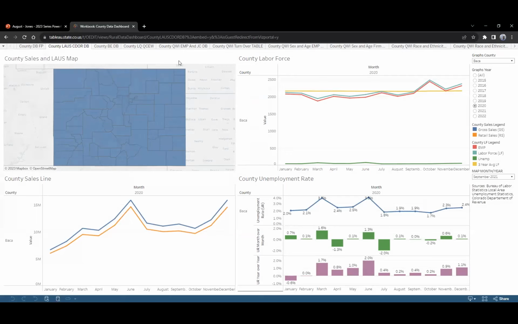Right now on our webpage, I have a county version. I have one just by our economic development districts, and I have one specifically for those teams involved in our roadmaps program. That roadmaps program actually is one I'm going to here soon be replacing with one instead for our SBDC districts as well to get more data for them. But yeah, so this is the one that has our local area unemployment statistics and our sales. So here would be like gross sales, retail sales that you can track on a monthly basis as well, with labor force information, unemployment rate, month over month changes, year over year changes.